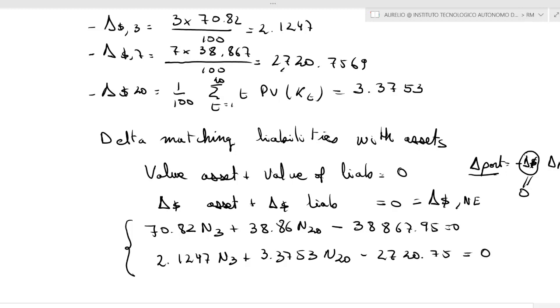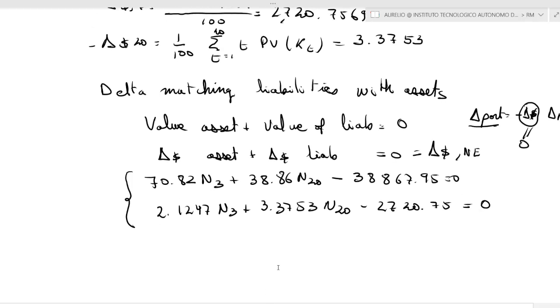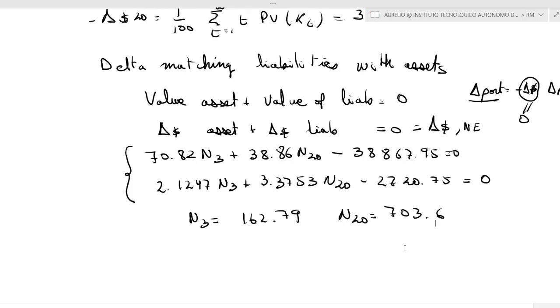You go ahead, you solve them, and you're going to find that N3 is going to be equal to 162.79, and N20 is going to be equal to 703.60. So basically, you need to purchase 3-year bond and 20-year bond. How much of each one? Of the 3-year bond, you need to purchase